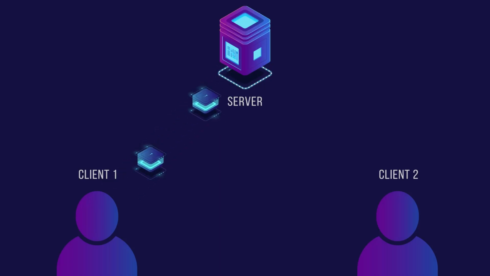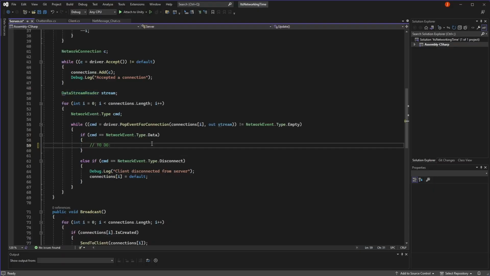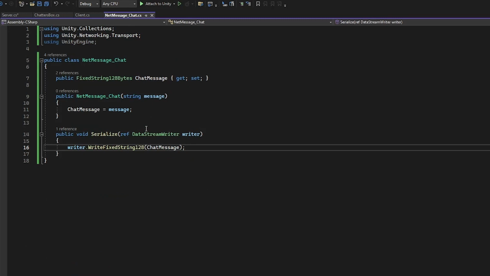When we're sending data from the client and receiving it on the server, we're doing it via packets of data that together make up the net message. We are not sending the message itself. So to recreate the original message using the data packets we've got, we do something called deserialization. And to do that, we're going to need another constructor.